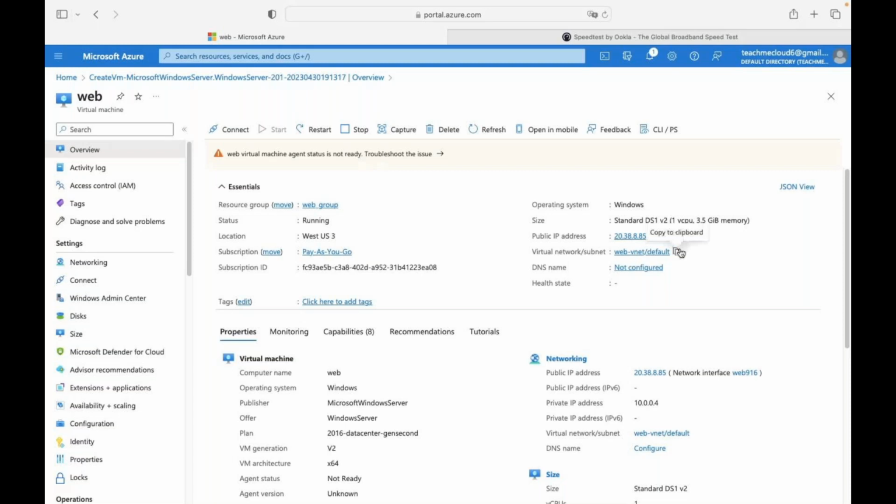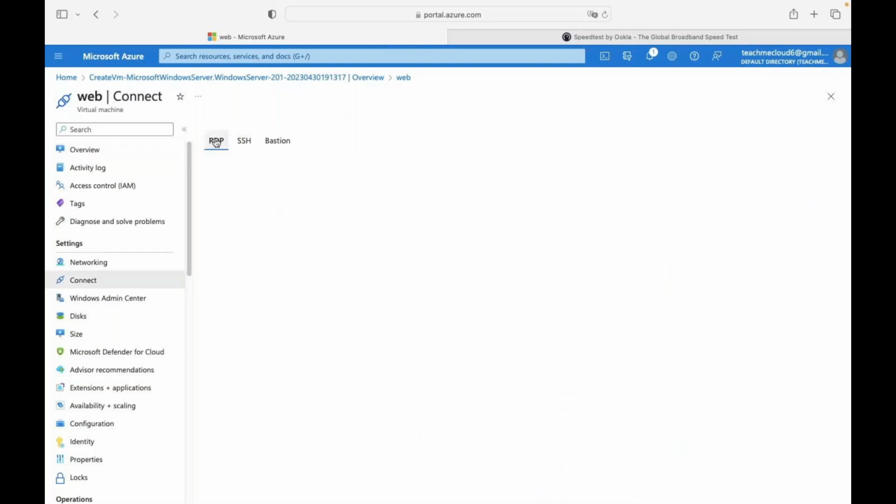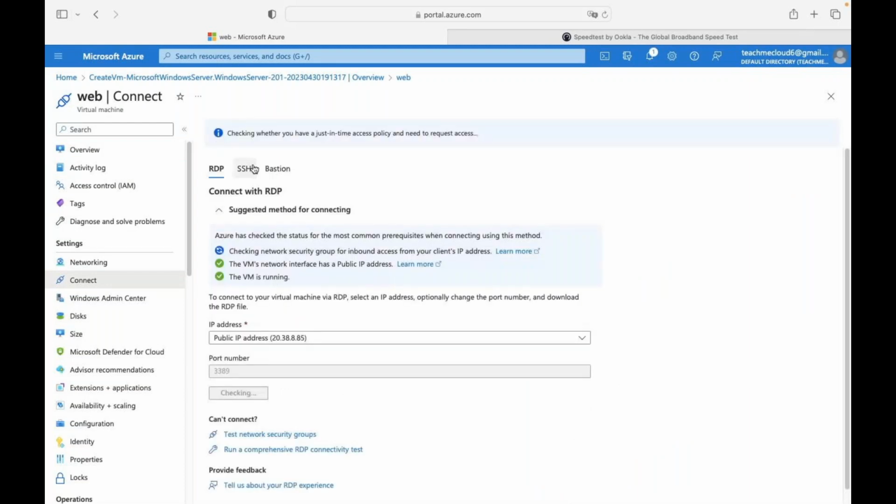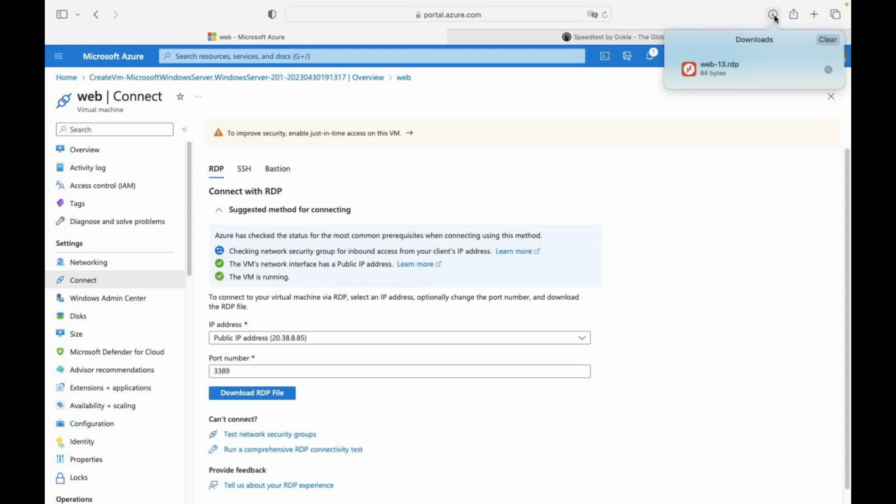If you want to connect to your virtual machine, we just need to click connect. It will give us three different methods to connect: with the help of RDP 3389, using SSH protocol, or using Bastion, we are able to connect our VM. I'm going to proceed with download RDP. Using RDP tool, we are able to connect our virtual machines. Just need to click here,